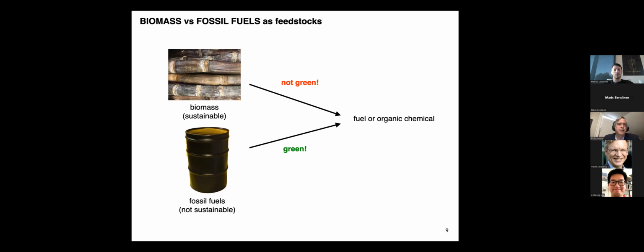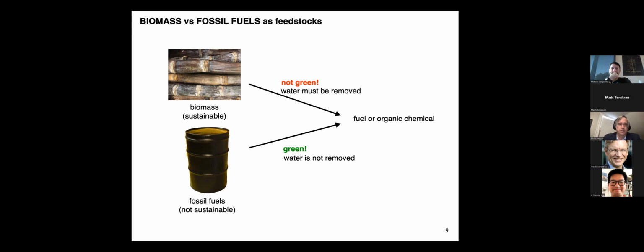Why? You might think it's because of the different structures of the chemicals, and that's not the case. The reason is because of water. When you play with fossil fuels, you don't have to remove water. It doesn't have much water in it. You don't use the water as a solvent to convert it, so there's not much water removal required. But when you do biomass, it comes in water. A lot of biomass is grown in water, like algae. When you convert it, it's done in fermentation or acid catalysis in water, and you end up with product in water, and then you have to separate that by removing the water, usually involving distillation of water.